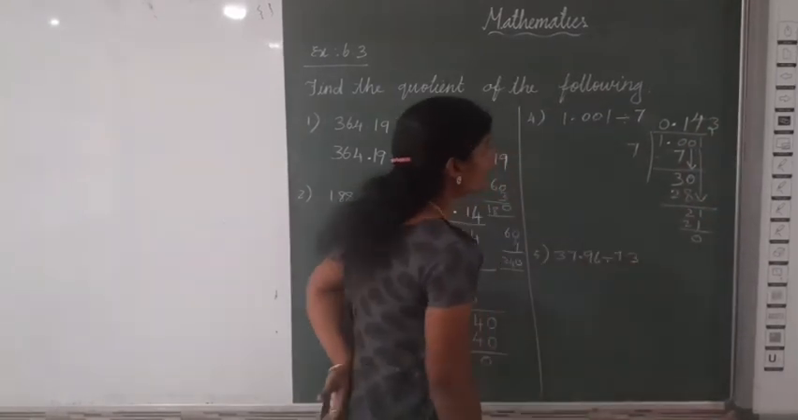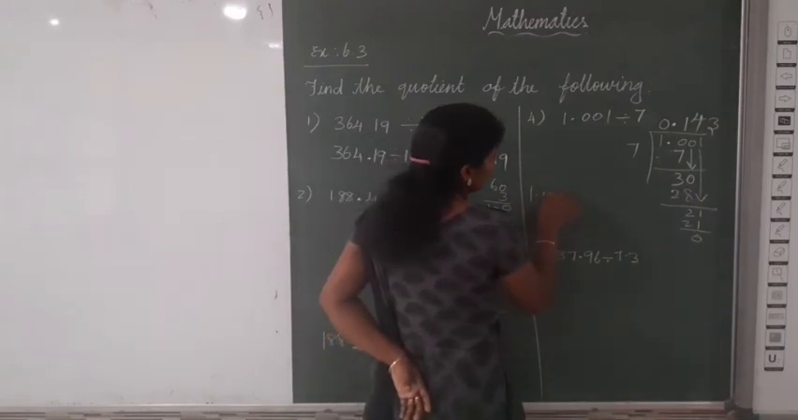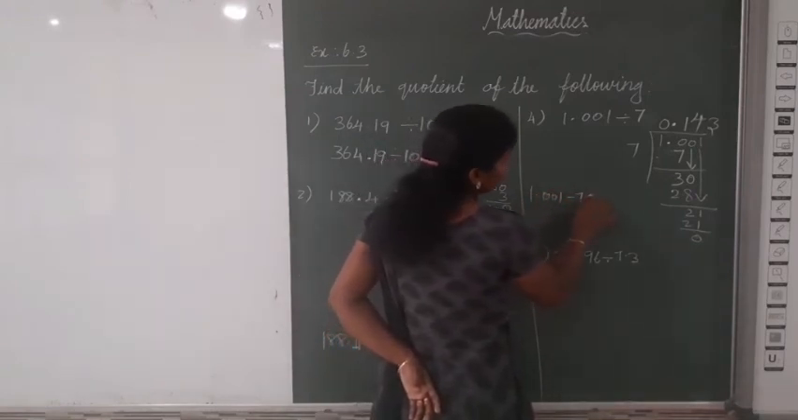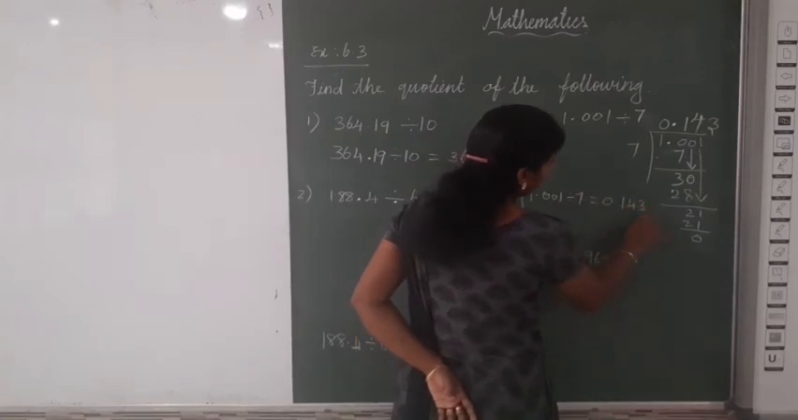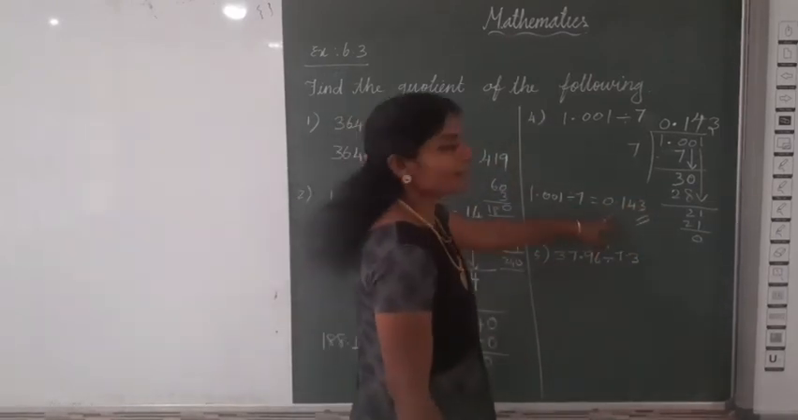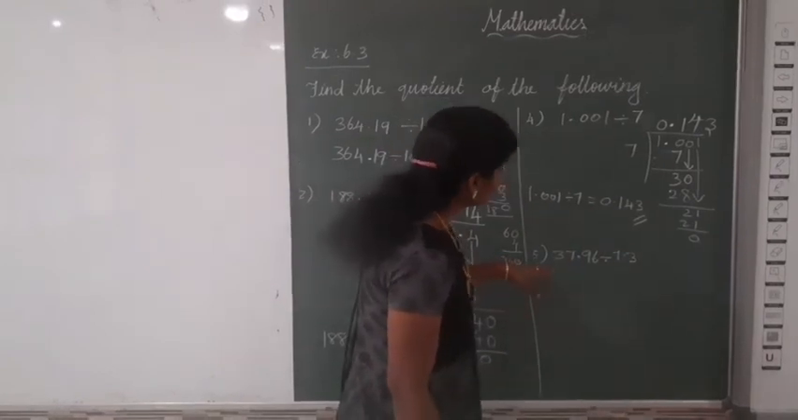So what's the answer? 1.001 divided by 7 is equal to 0.143. That is the answer. Now next one, fifth one,